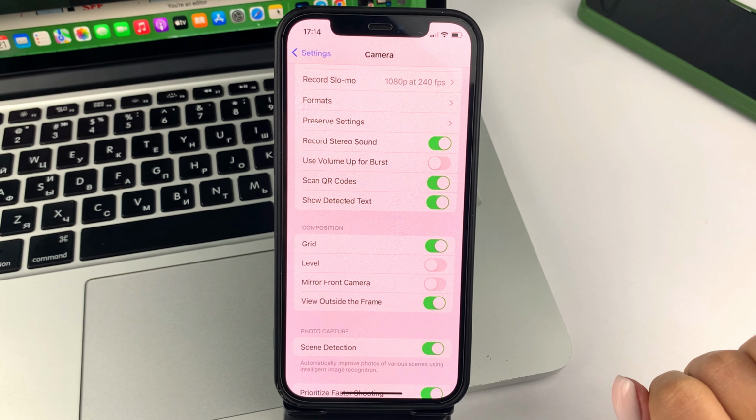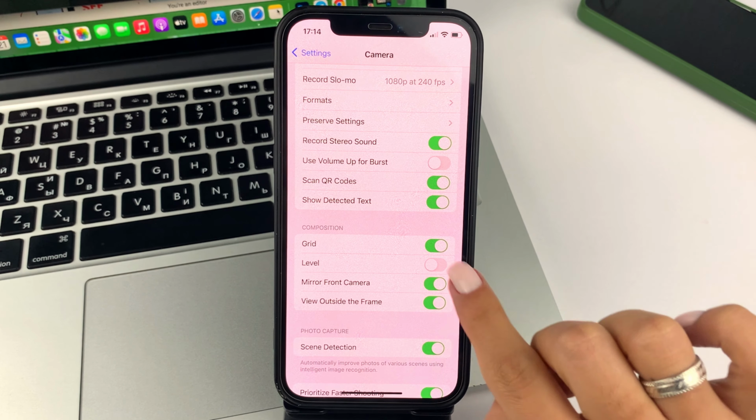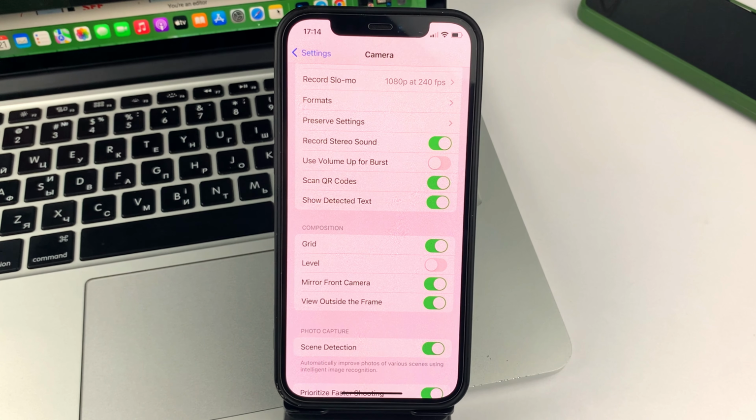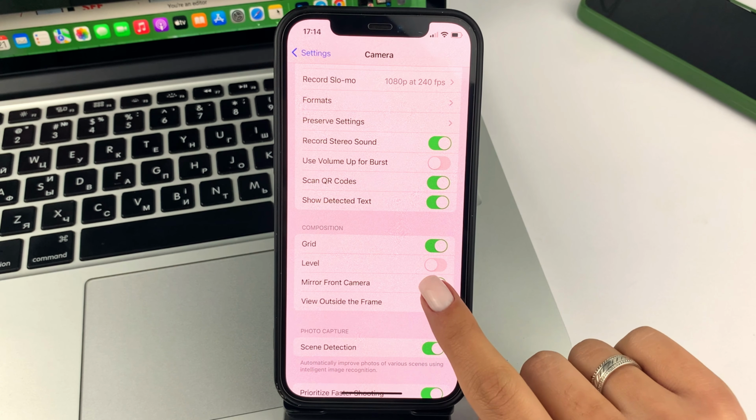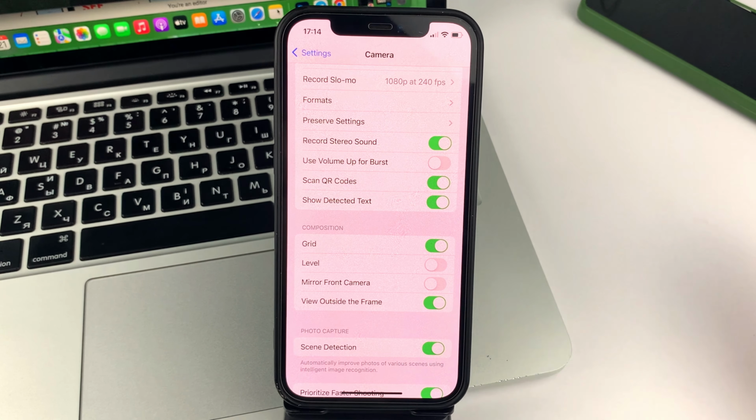After that, find the option in it which is called Reflect Front Camera. If you have it enabled, as I currently have it, then your front camera will mirror your photo. If you want to disable this feature and flip the camera, then just click on this button right here so that it stays grayed out. This way you will disable the inverted camera.